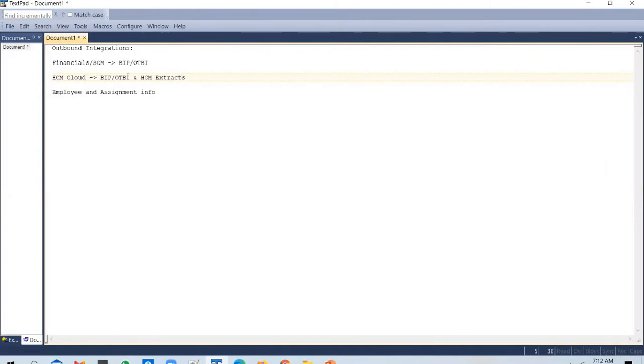So in simpler terms, in BIP, you notice that it is difficult to write SQL queries, right? It is difficult to identify tables, joins, etc., especially for the functional consultants.